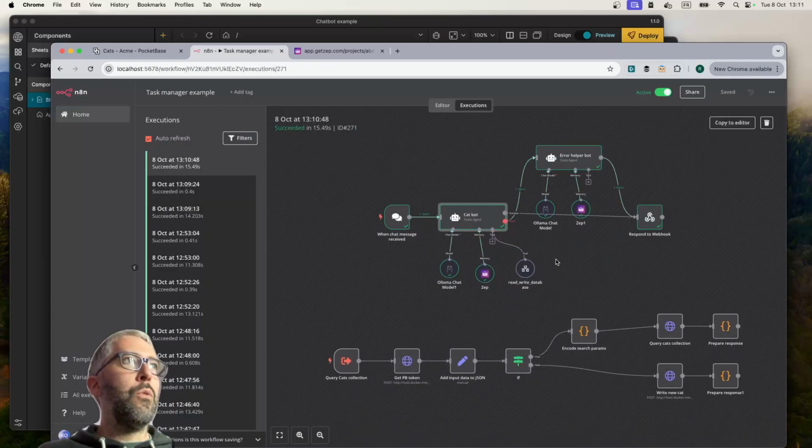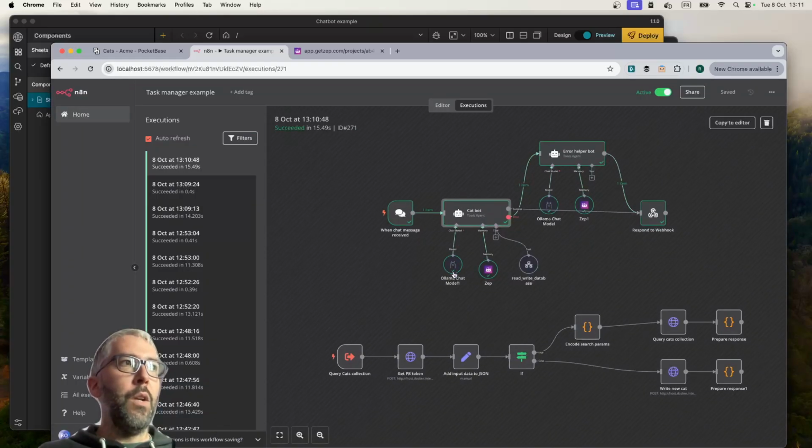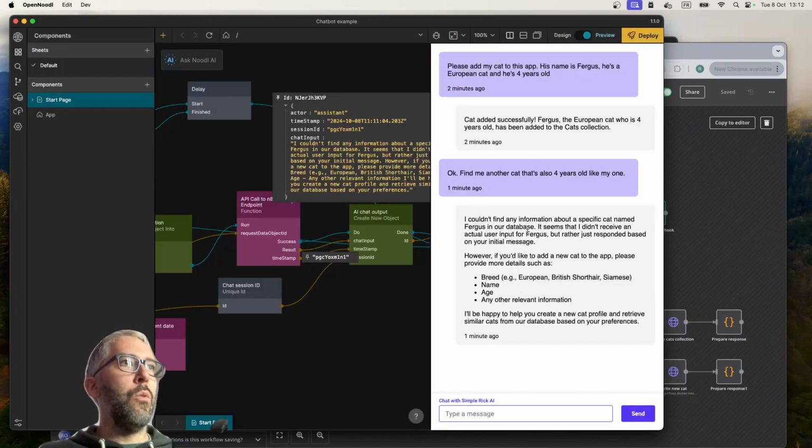Now, when I use OpenAI instead of Llama 3.2, it does increase the probability of a successful response. So I do think it's also the capacity, in terms of intelligence, of the model to be able to mutate the response in the right way. So it might just be an issue with Llama, possibly. Show me all the cats in the database. Now,